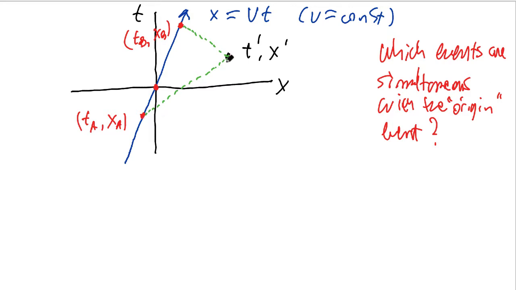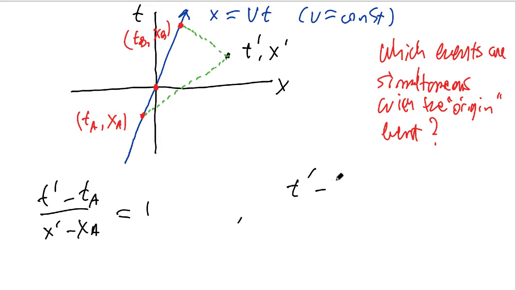All right, this line has slope plus 1, and the slope of this line is given by t prime minus ta divided by x prime minus xa. So that's equal to 1. This line has slope minus 1. It's given by t prime minus tb divided by x prime minus xb. That's minus 1. Now we can use the fact that the events A and B lie along this line,